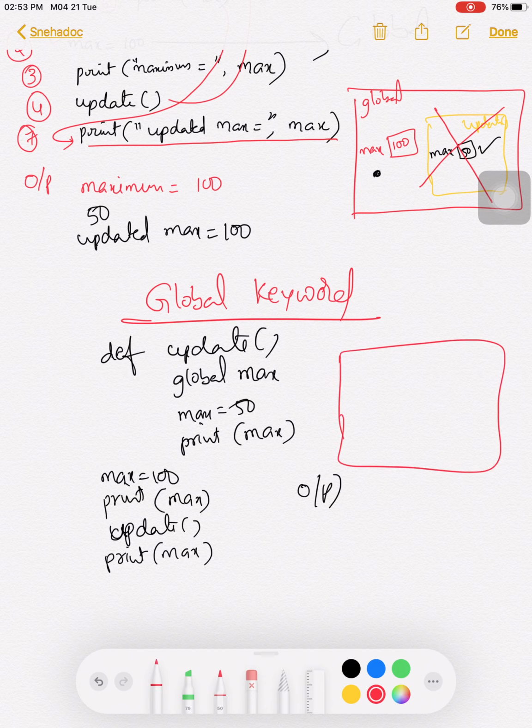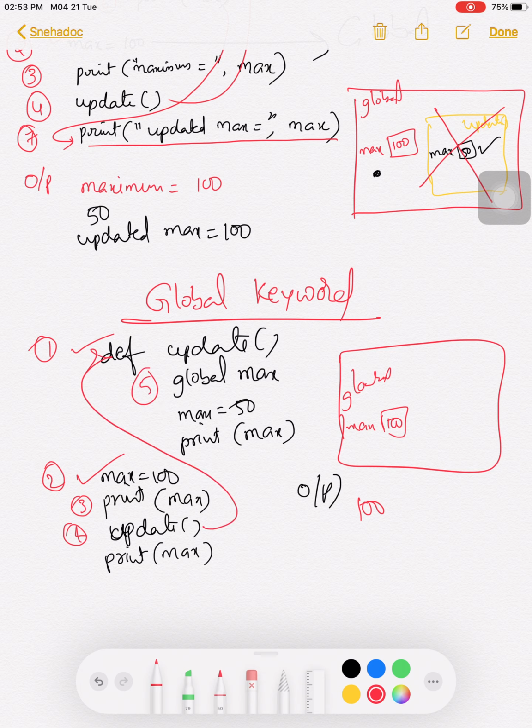This is global scope. Statement number 1, this is 1, this is 2. Global scope where max is pointing to 100, and then printing max value, 100 is printed, and then after this statement the update function is called, then the flow of control will go to this.